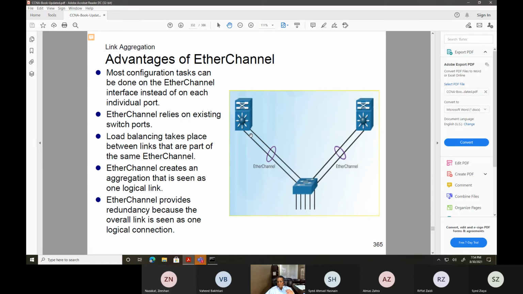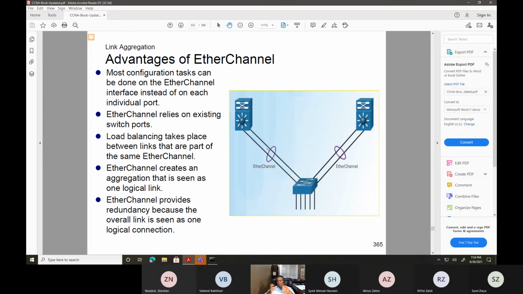What this simply does is this: suppose this is a 1 gig connection and this is another 1 gig connection. Physically, this becomes both of them, so 1 gig and 1 gig becomes 2 gig. In reality, you have two cables connected at 1 gig each, but the devices are going to see it as a 2 gig link. So your total speed becomes 2 gigs.